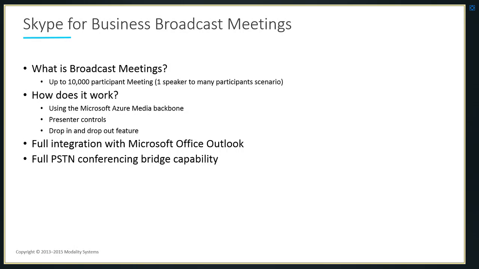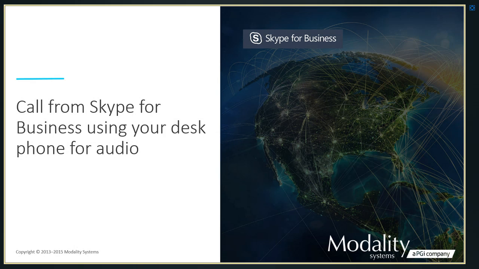The only difference is there'll be some numbers associated with your broadcast meeting, which will be outside of your on-premise Skype for Business server estate, but will actually be conference numbers within the Skype consumer Microsoft Azure platform. So you're not ringing into your on-premise Skype for Business bridge, you're actually ringing into the Microsoft Azure platform bridge instead to join that meeting. So again, that allows for that one speaker, one single media traffic coming from your on-premise Skype for Business environment into the Microsoft Azure platform.